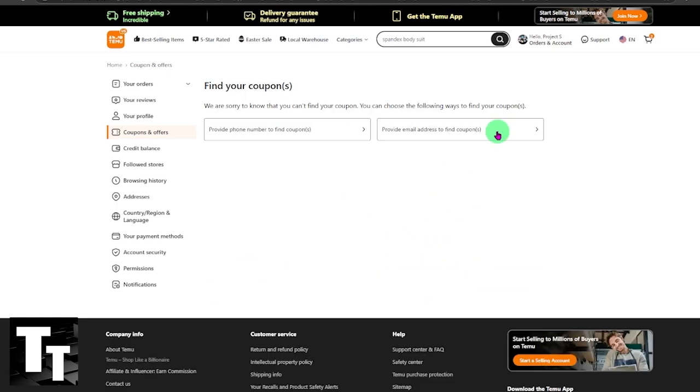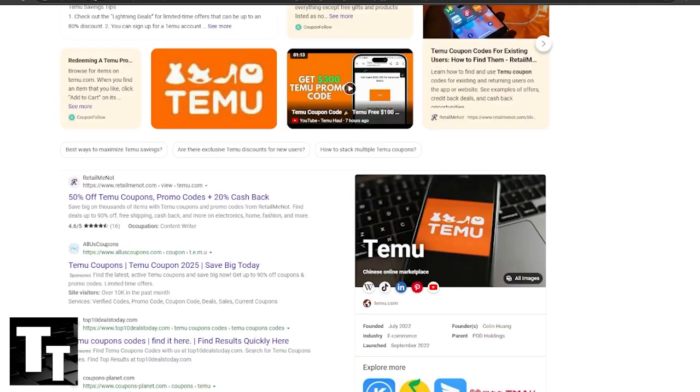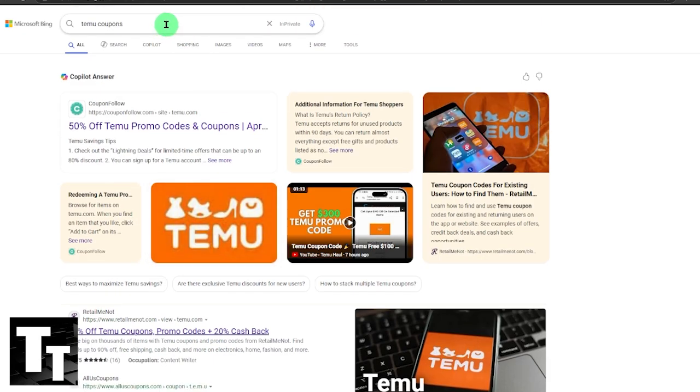Once you click Temu self-service, you might be able to find a coupon if you provide your phone number or an email address. The second way to find Temu coupons online completely for free is to type in Temu